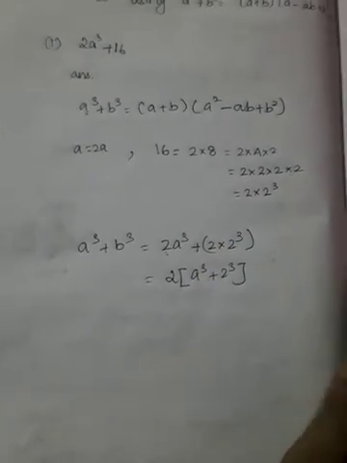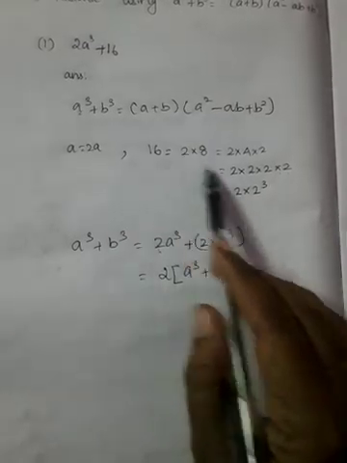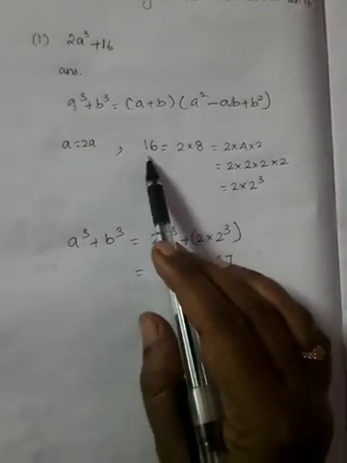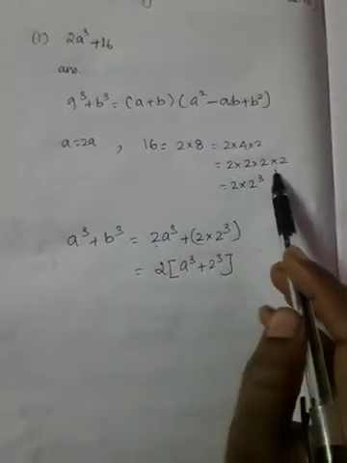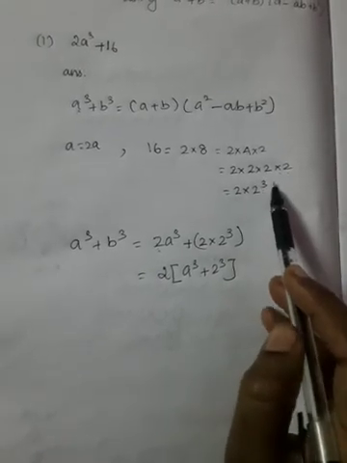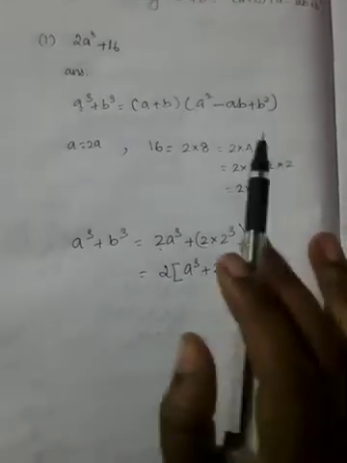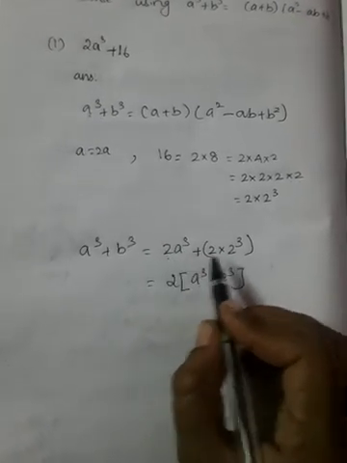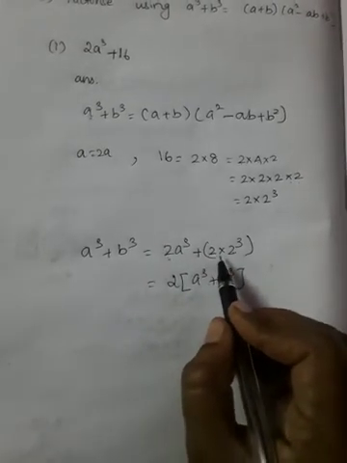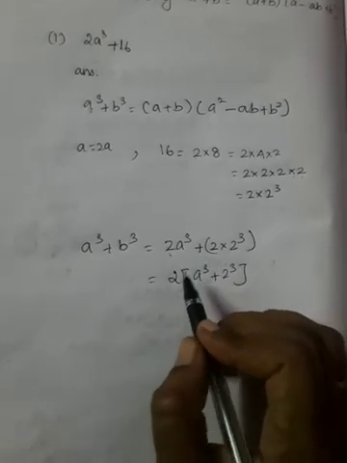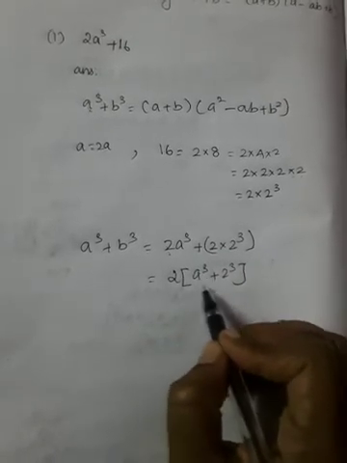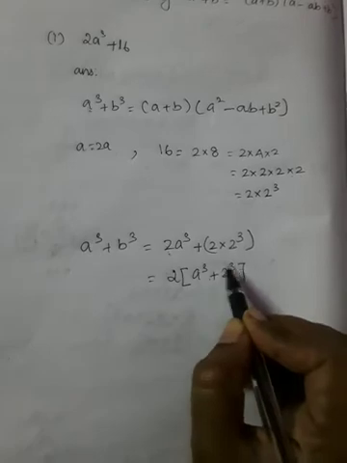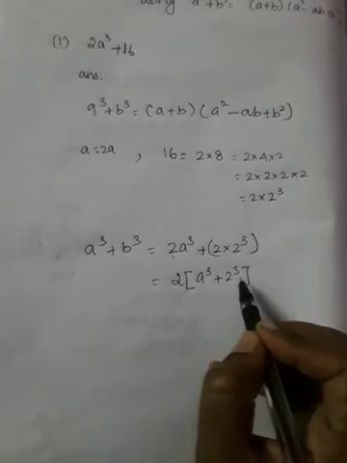You all understood? So here I expressed 16 as its factors. After that I need only cube, so the remaining 2 I kept as such. Then in the first term we have 2, and in the second term also we have 2, so I took it outside as a common number. Now you just do the calculation only for the things inside the bracket.